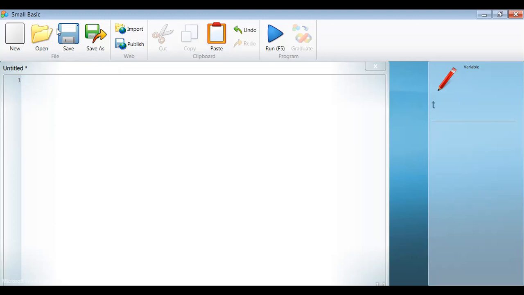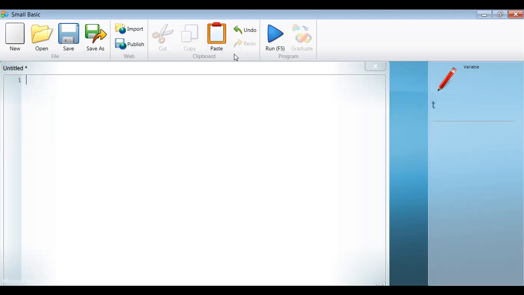Then the Clipboard provides the basic operations like cut, copy, paste, undo, and redo. After writing the program, we need to run our code to test whether it is working correctly or not.